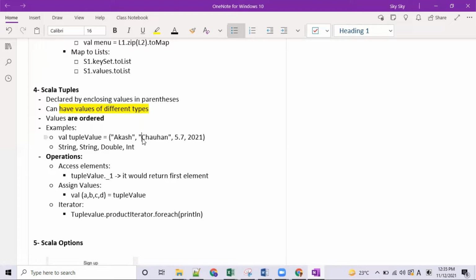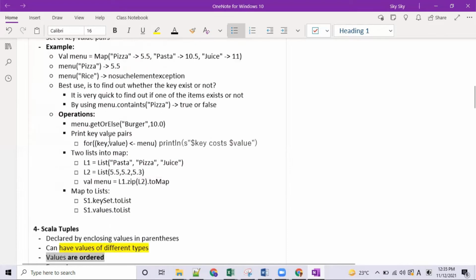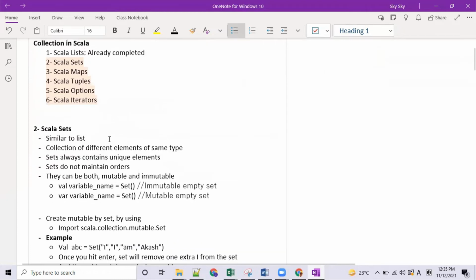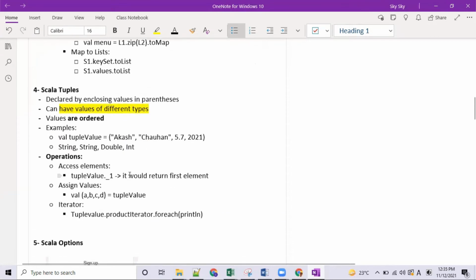The great thing is that tuples are ordered. In case of set, they don't maintain any order, they are just sets. But in case of tuple, they are in a specific sequence.